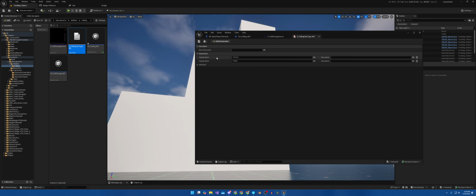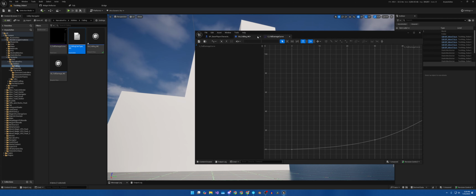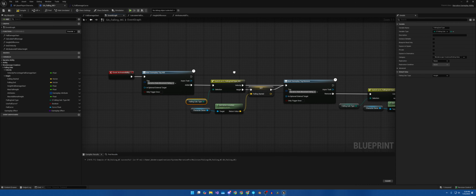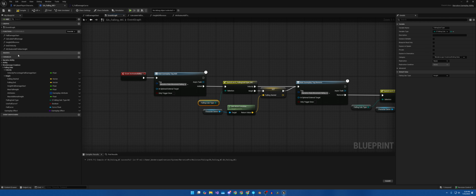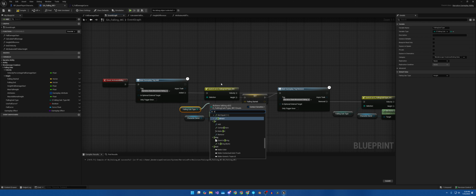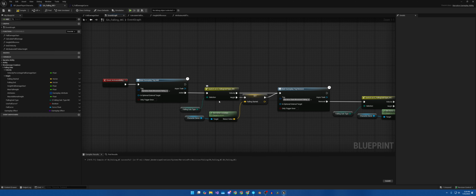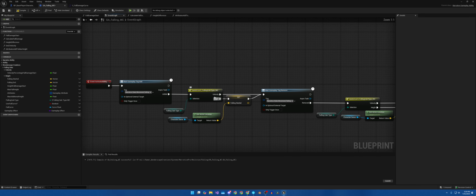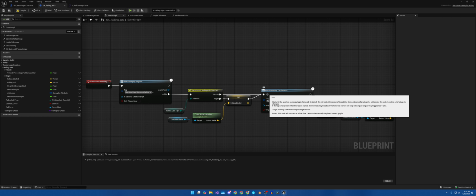And I created two enumerators for velocity and height. Then you're going to want to add that variable here in the variable section. Once you've created that variable, go ahead and search for the word switch, and this yellow node will pop up. Obviously, if you're doing velocity, all the calculations are already done for you, so you can just go on to